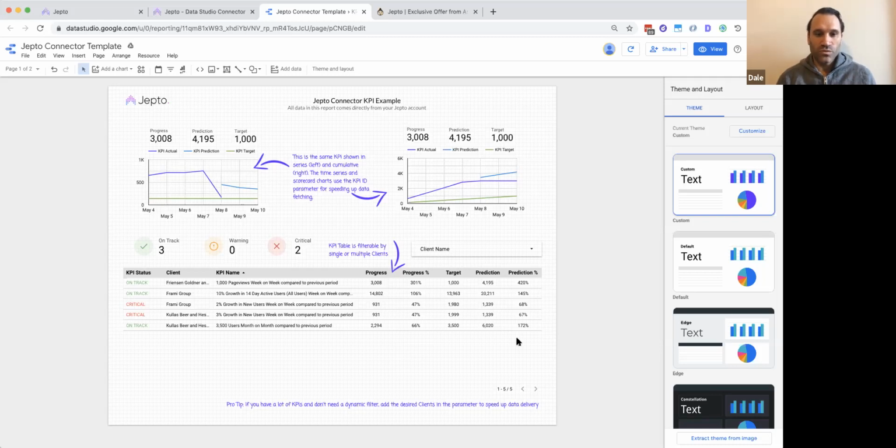So what we really tried to aim to do here is give you the flexibility that you want in creating your client reports without having to spend a bunch of engineering time on a report builder that would just take us away from creating efficiencies within your agency by more automation jobs or more data sources for the features that we have. So this here is just a template that we created, replicating some of the UI within Jepto,